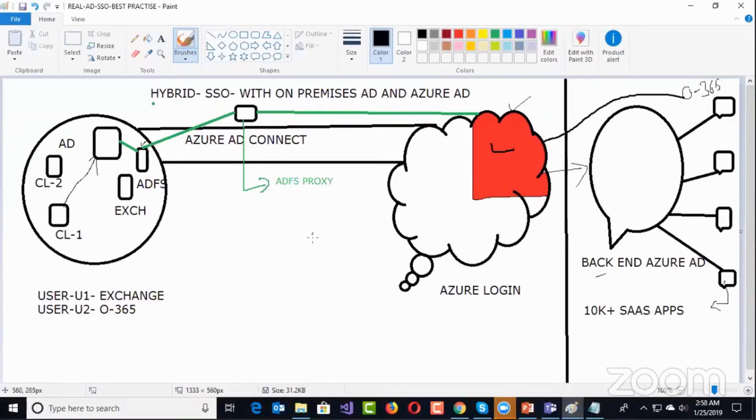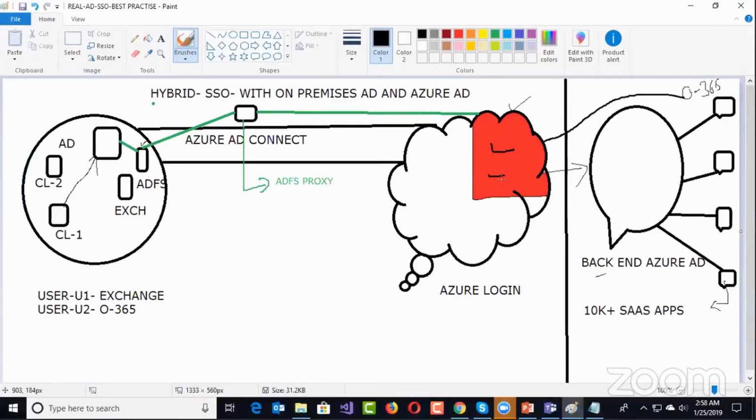So in this case, let's assume there is no ADFS right now. That's our first scenario. In that scenario, it knows your password because password hash sync knows your password in the hash format. It replicates that password and validates your hash value. Once the value is validated, it allows you to access the application.